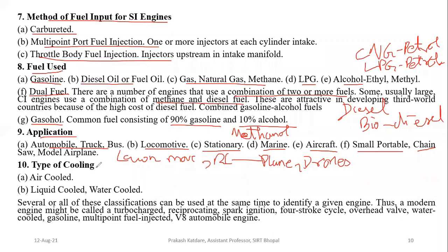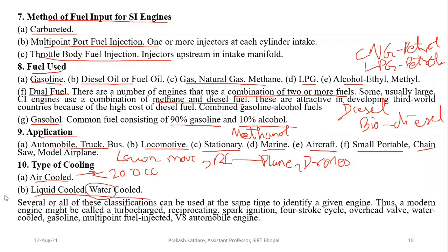Then depending upon the type of cooling, you can classify it as air cooled engine or liquid cooled or water cooled engine. Cooling is very much essential for the running of an engine. If you look at your two-wheeler, up to 200cc, whatever two-wheeler we are getting, those are basically air cooled engines. You are not supplying any other type of liquid there, but above it, or mostly in case of four-wheelers, we are using a coolant for cooling purpose, or in some old vehicles, you can utilize water also as the coolant. So they will be classified under liquid cooled or water cooled.